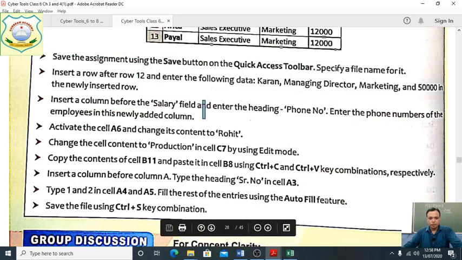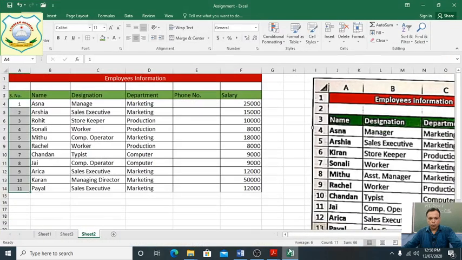now we have done, save the file using Ctrl plus S. Ctrl plus S, there is given the control, you can use this one, but here it says Ctrl plus S, so Ctrl plus S. Now the file has been saved. Clear, students? Whatever we have completed, students, you have to also practice on your system at your home. Clear, students? Today we have discussed, students.